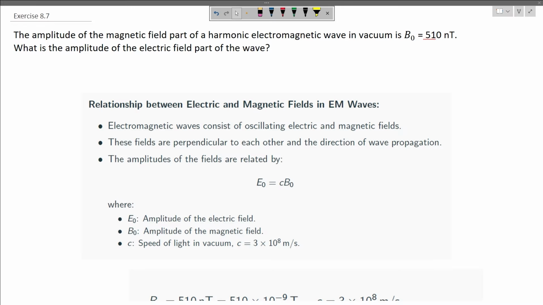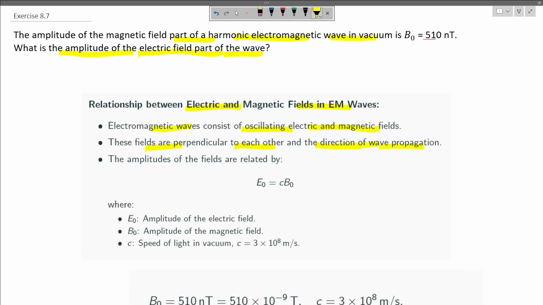The question says that the amplitude of the magnetic field part of the harmonic electromagnetic wave in vacuum is B naught equals 510 nanotesla. What is the amplitude of the electric field part of the wave? So we know that electric field and magnetic field are related, as an electromagnetic wave consists of oscillating electric and magnetic fields. These fields are perpendicular to each other, and they are also perpendicular to the direction of